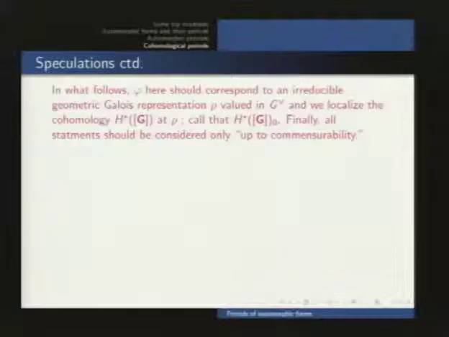Now I'm going to give some caveats aimed at experts, just to restrict the scope of what I'm about to say. Phi should correspond to an irreducible Galois representation of geometric origin, which is valued in the dual group. Yes, the important word here is irreducible. By that I mean the centralizer is finite. And I've put that word in because this rules out examples to do, for example, with the trivial